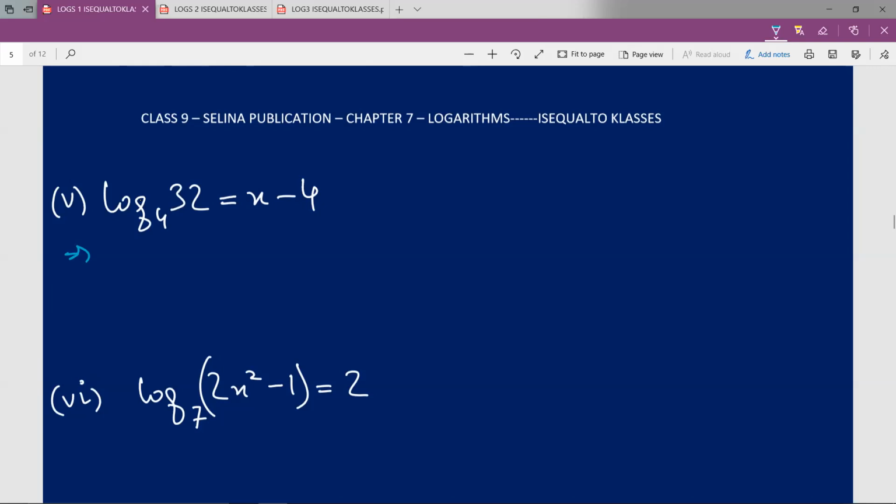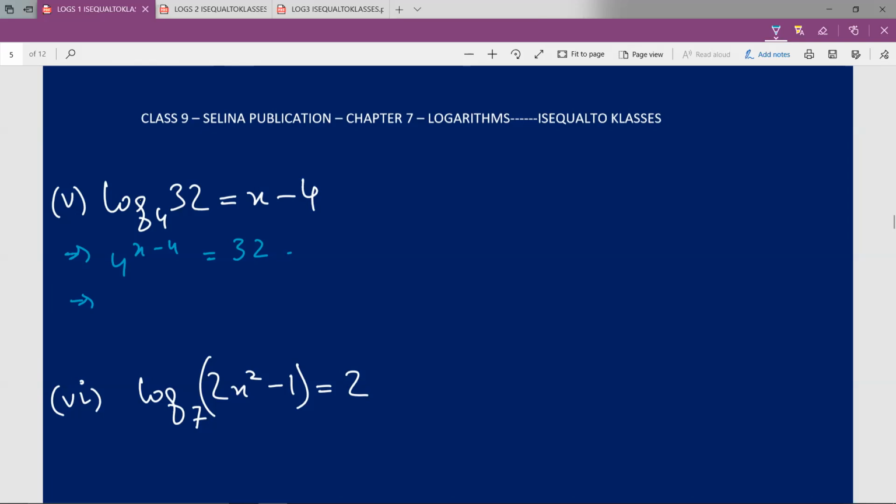Log of 32 to the base 4 is equal to x minus 4. The usual method, even if the log questions gives you enormous or monsters of numbers, all you have to do is you have to use the same method which I've been solving all the subparts in my previous videos, and you'll be good to go. So using those methods, I could write this as 4 raised to the power x minus 4 is equal to 32. Write this in exponential form. Then I could write this as,